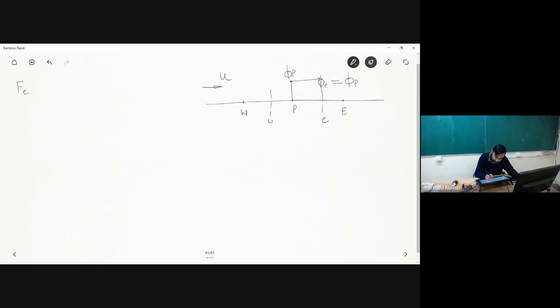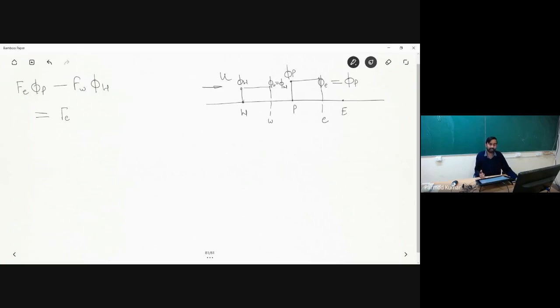Okay, and similarly for face w, which one is my upstream node? W. So over here, if this is my value of property phi W, I will say that phi at small w is nothing but equal to phi capital W. Okay. So now let me do these substitutions over here. With Fe, I can now write phi P, and minus with Fw, I can now write phi W. And on the right hand side, I have gamma E into d phi by dx at E.